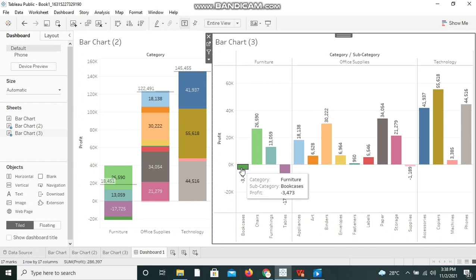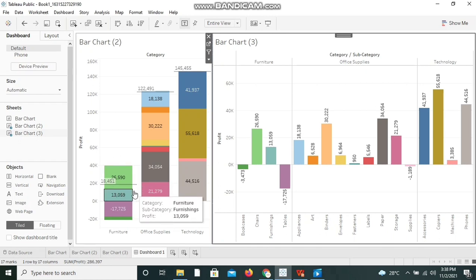So both the stacked bar chart and the bar chart are for the same purpose, but to see the values individually and visualize them better, we can go for the side by side bar chart. Whereas when we want to see how the whole category is doing, and when we want to see partitions under some category, we can go for the stacked bar chart.